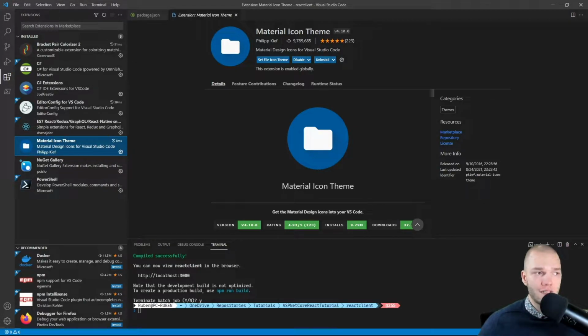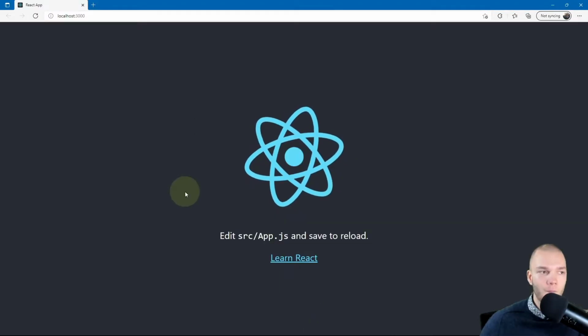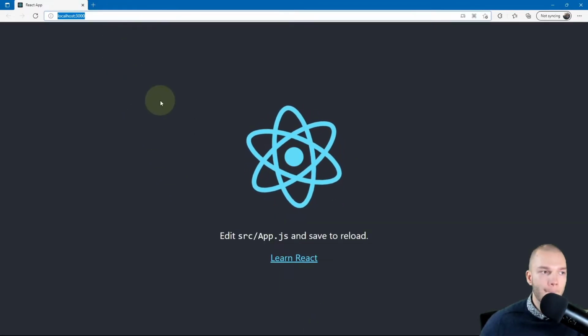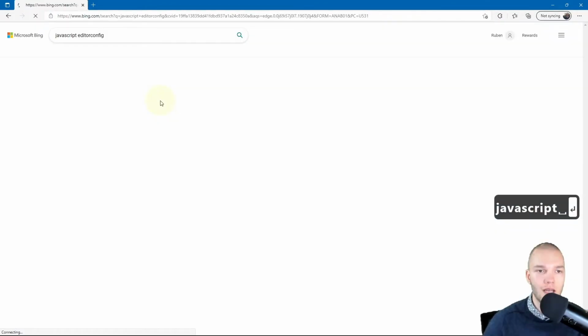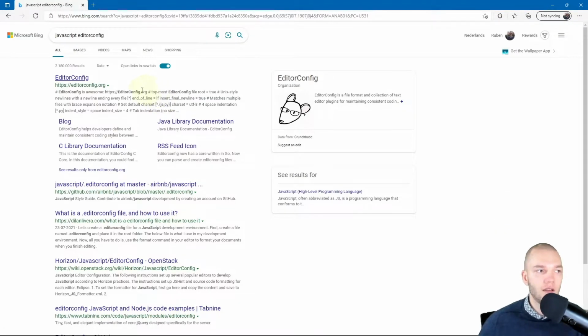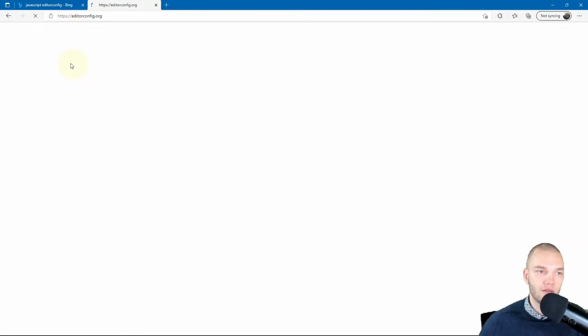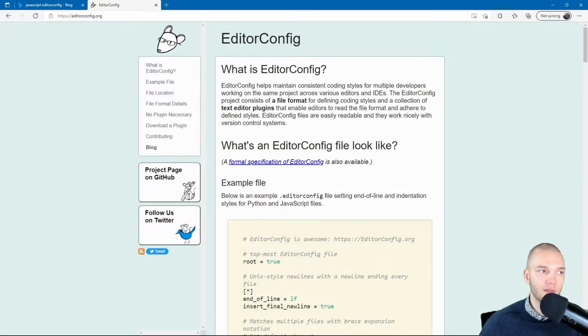So there's one last setup thing I want to do before we can start developing our React app, and that is to set up that editor config and set up code formatting. So I'll just go to my browser and I'm gonna search for JavaScript editor config, and I'll use this first link from editorconfig.org.